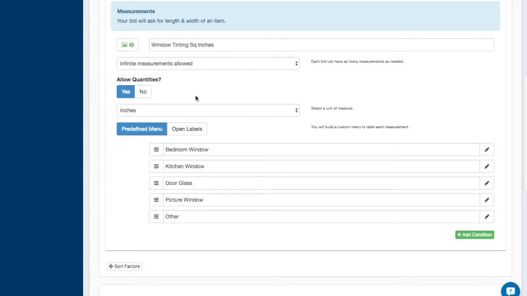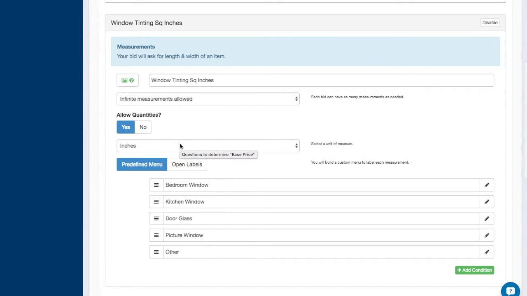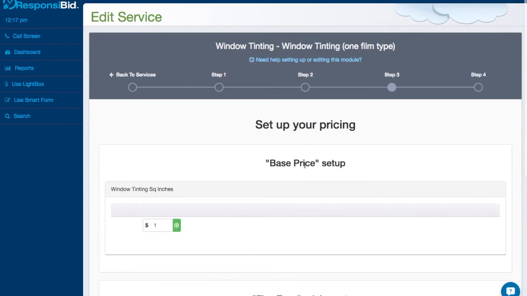Your technicians are going to talk in inches, and every number that ResponsiBid spits out in terms of measurements will always be either inches or square inches. We're not going to go back to feet anymore. Again, ResponsiBid's agnostic. It doesn't care. It's just throwing a label out there. So if we go to step 3,